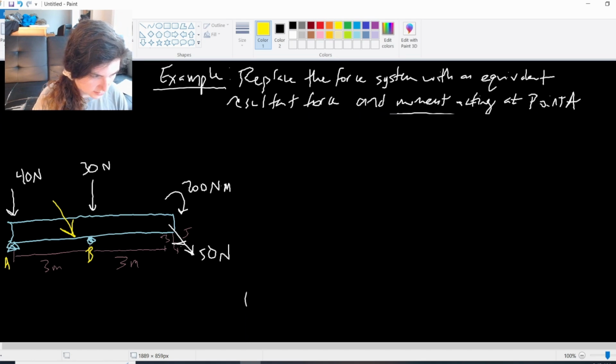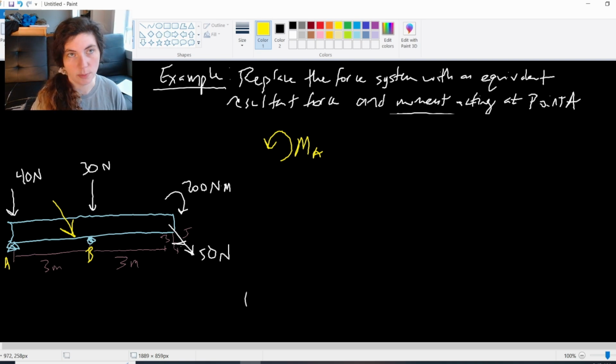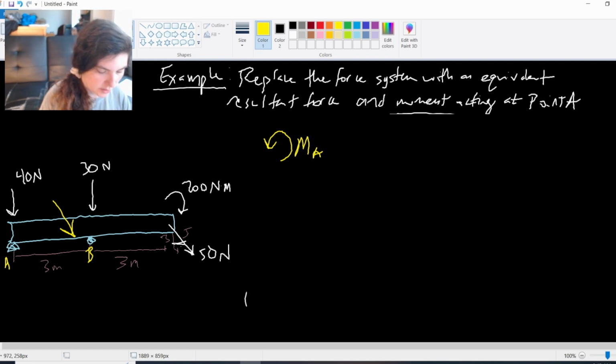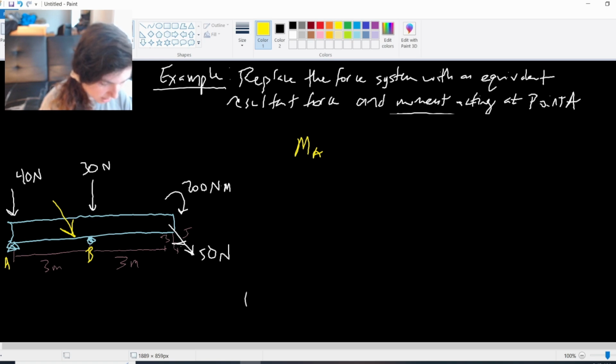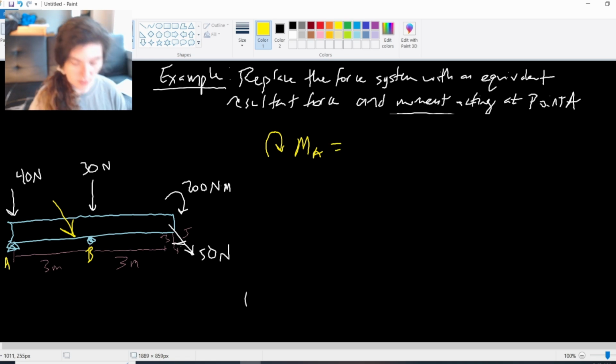Okay, so our moment, not point P, our point A, sorry. Our moment acting at point A, if we take our moment about A. Now, I can choose whether I make clockwise or counterclockwise positive here. In this case, it's actually going to make more sense, instead of using the traditional counterclockwise as positive, I notice that all of my forces are actually going clockwise around A. So if I say that the positive direction is clockwise,